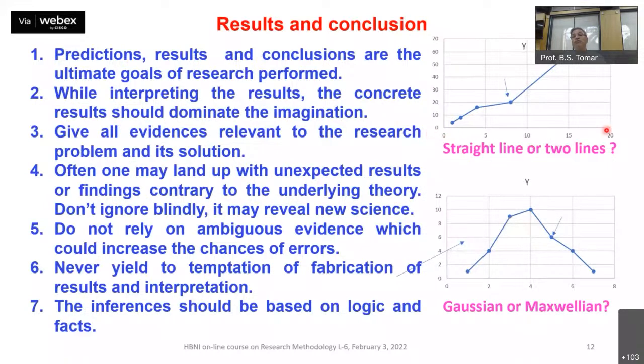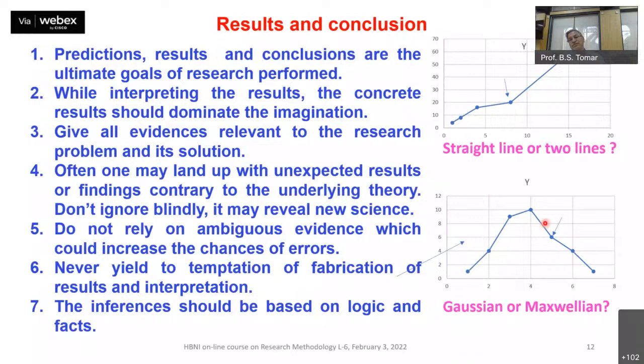And many a times you start predicting that it's a step process. Suppose it is a melting of a compound and you are measuring the heat capacity or some enthalpy, and you may see there is a two-step process, one step and two step. But because of this only once, you have no point in between these two points. So if one point is slightly lowered, one straight line looks to be two straight lines. So this kind of misinformation may come. That is why you should repeat this experiment again whenever you get this kind of data.